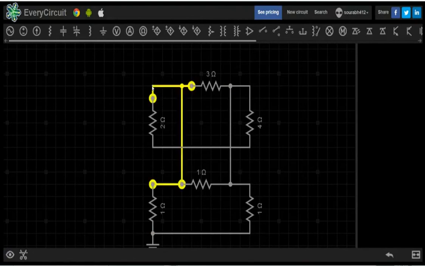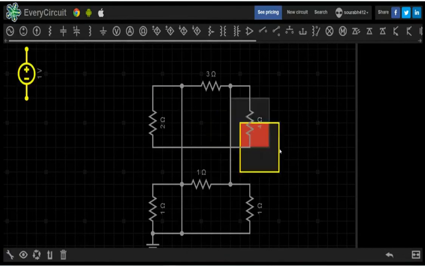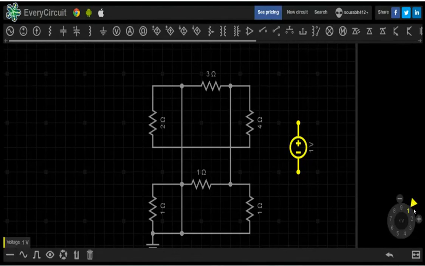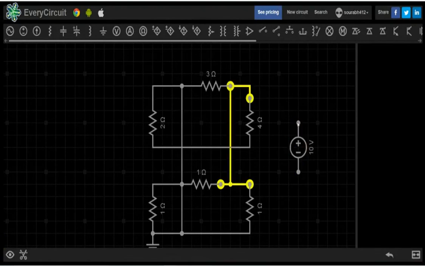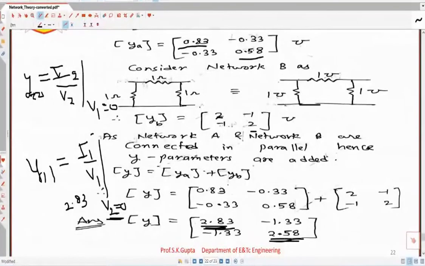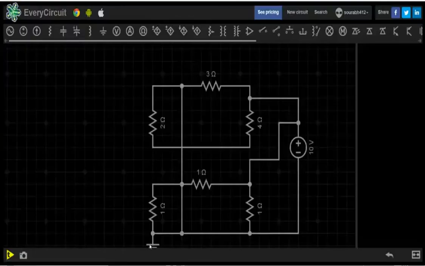So now I want to make V1 shorted. So V1 is shorted. And at the V2 side I have to connect voltage V2. So again let us say the value is 10 volt. You can take any value, you will get the same ratio. Then click here on the positive terminal, it gets connected. Its positive terminal is common, and so is the negative terminal. So now what answer am I expecting? I am expecting 2.58 mho. So run the simulation now.